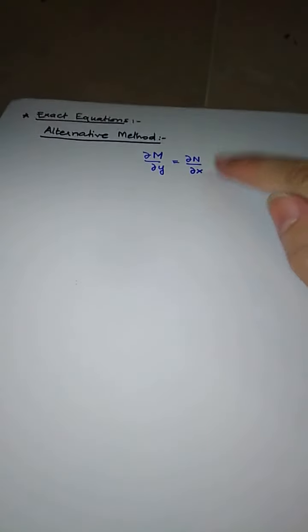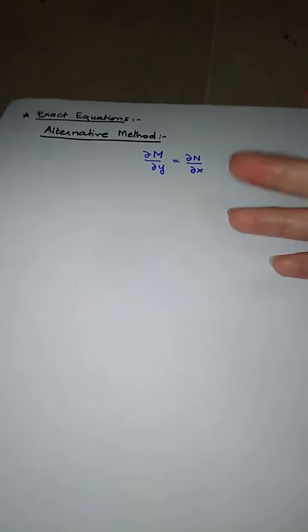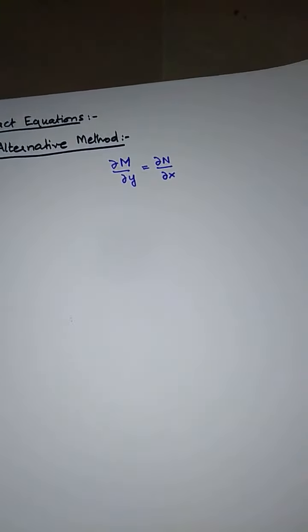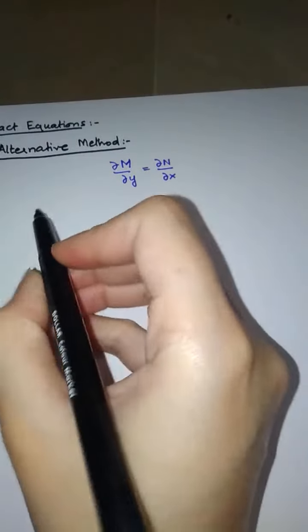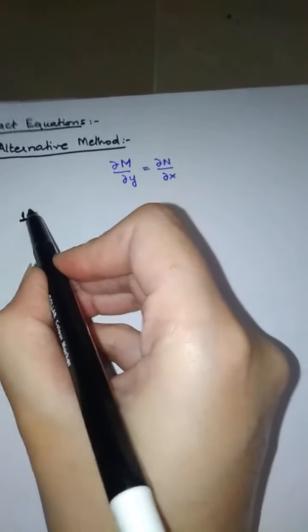First of all, in the same way you have to check the exactness criteria, that is partial N by partial y equals partial N by partial x. So you have to check this exactness criteria. Now the procedure starts from here. In step number 1,